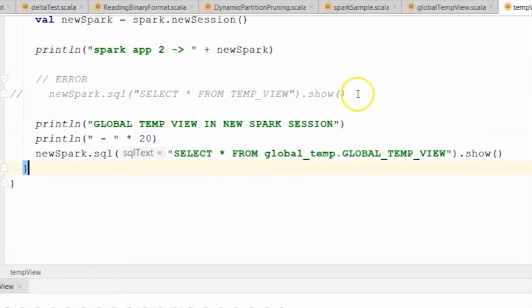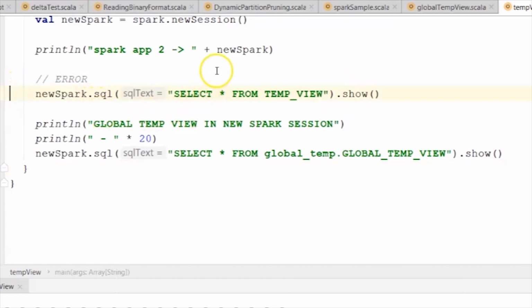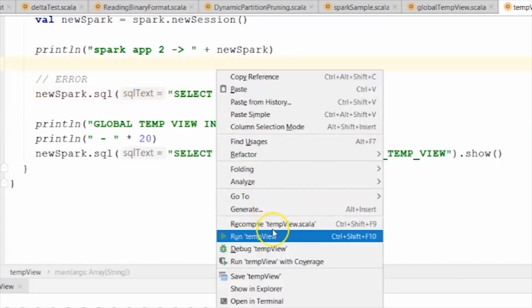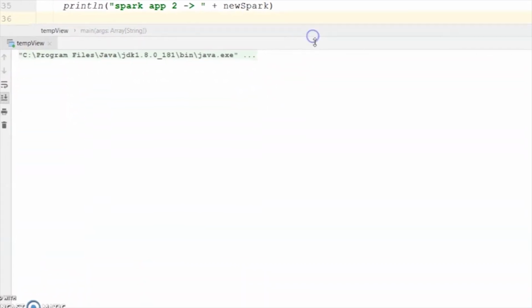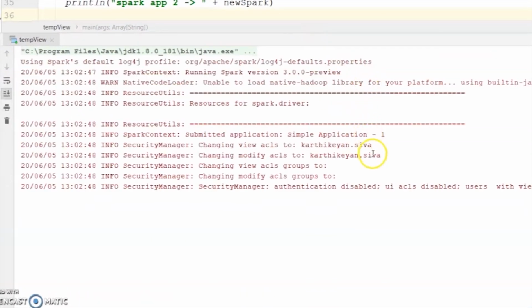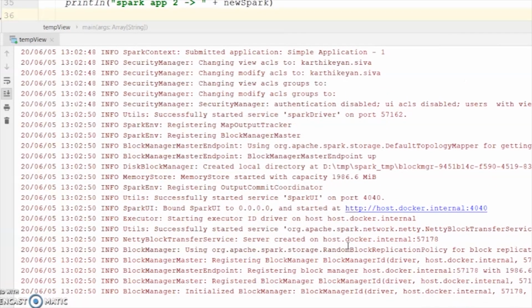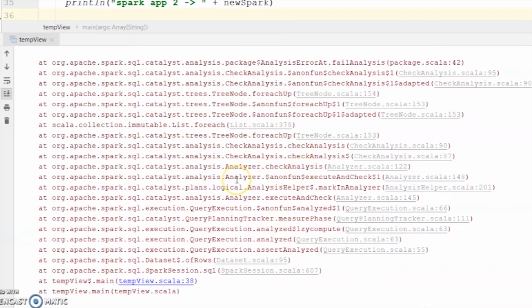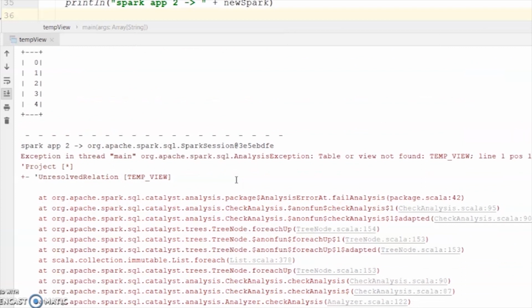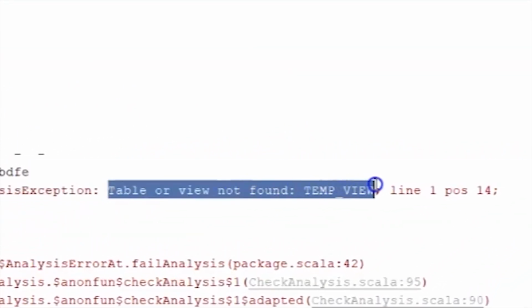Now I will uncomment this option and let's see what issue we face. Yeah, now we are facing an issue: table or view not found.